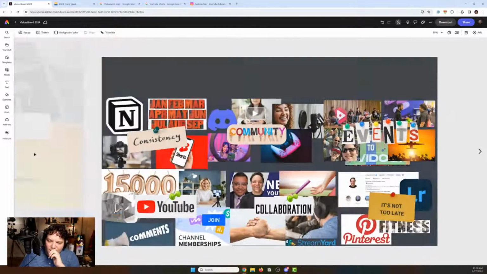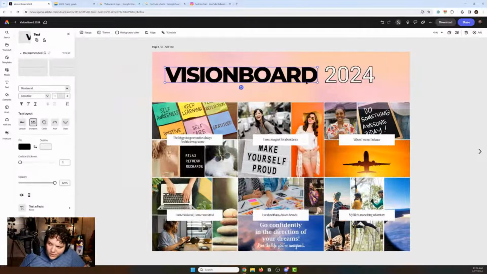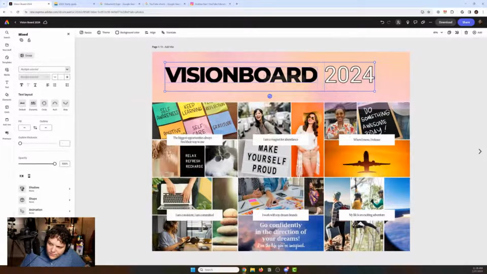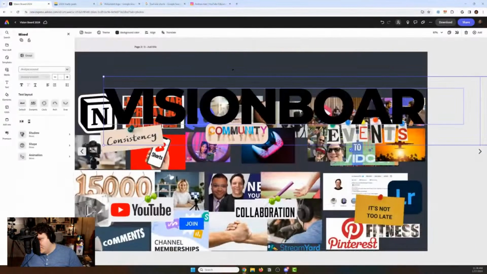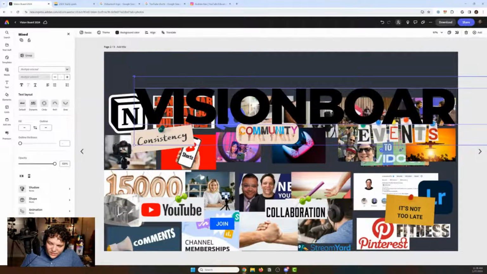And then I think I'm going to take this text from this file, which is cool. You can do this yourself. Copy. And then you go over here. Again, if you want that, you can look it up. I just typed in vision board. It was one of the templates. Oh, a little bit bigger than I want. Why are you so big?